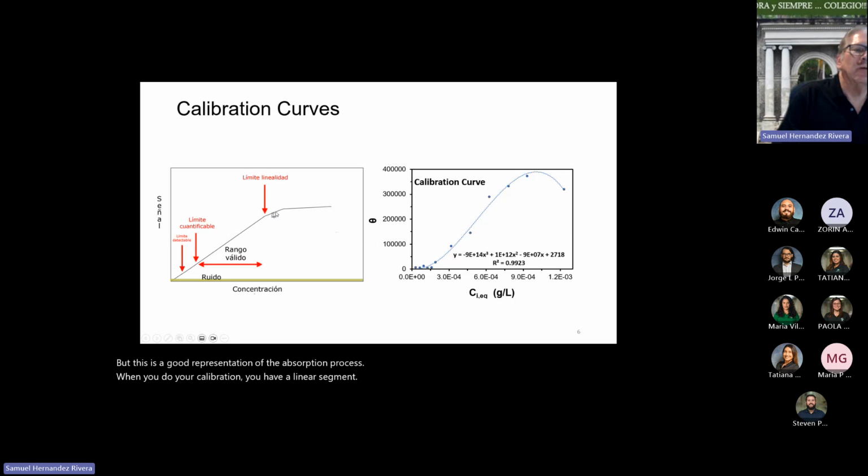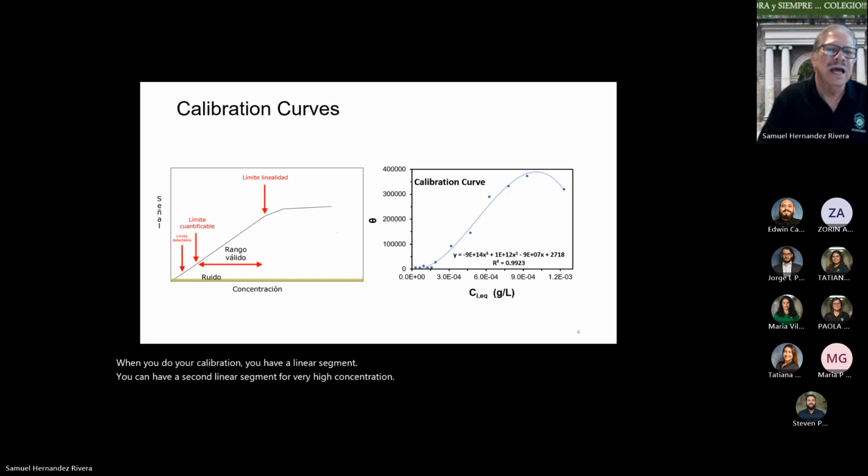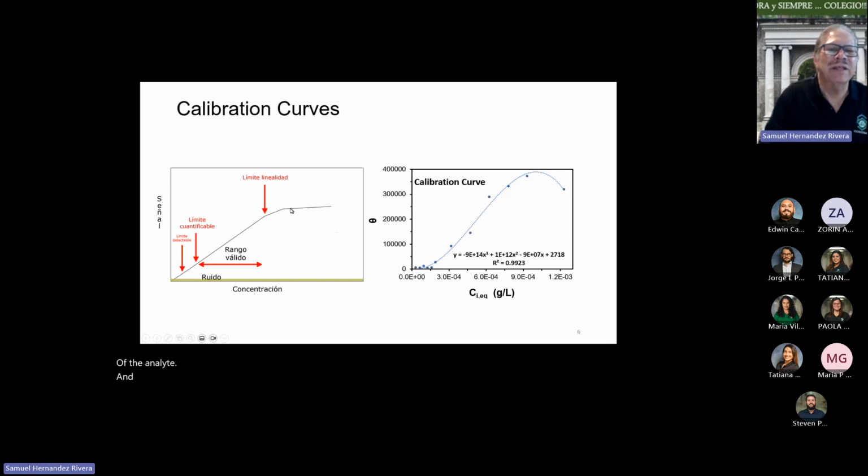You can have a second linear segment for very high concentration of the analyte. And again, after that, you have a plateau, a flat part which has a slope of 0, pendiente de cero. In SIRS, you could even have this part extended downwards, which means that the